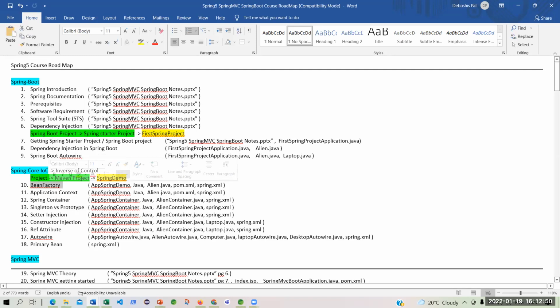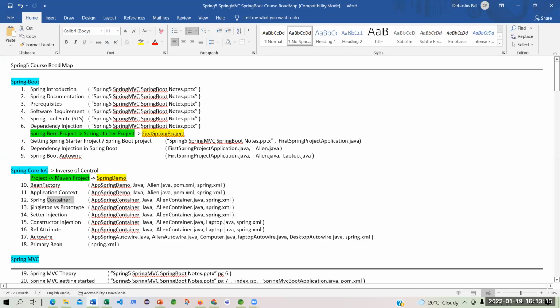We have learned about Bean Factory and how the XML path was not applying because that was deprecated. Afterwards, we converted our code to use application context. And then we learned about the Spring container, which is the container for the beans.